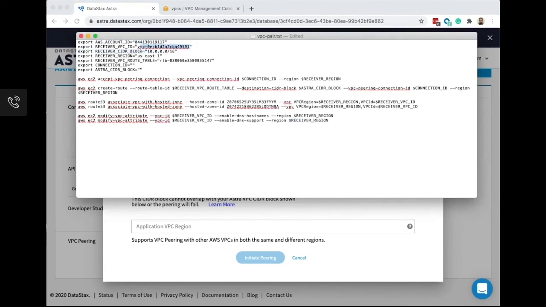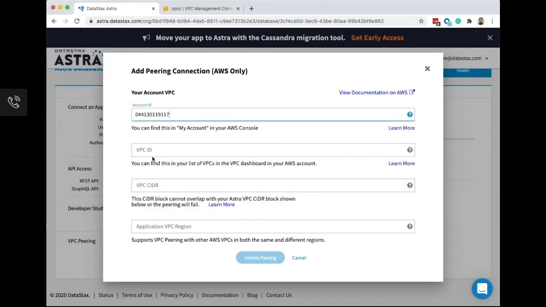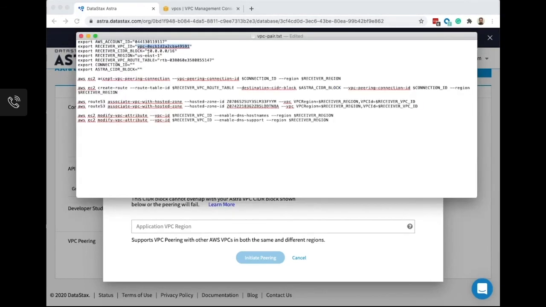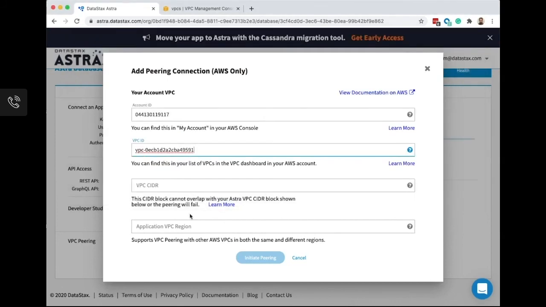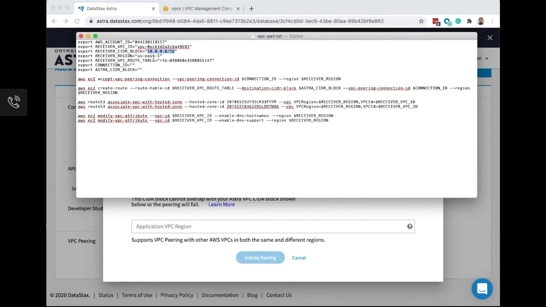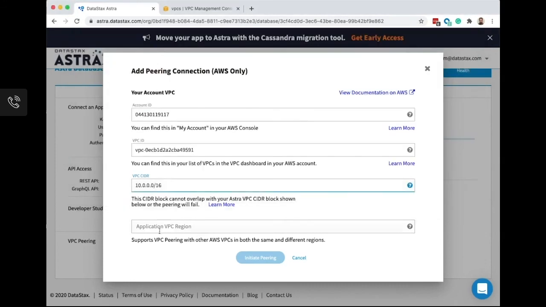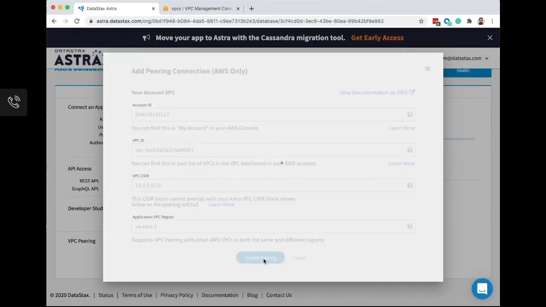The VPC ID. And then CIDR range. And finally, our region, so US East 1. It's key to know you can pretty much put in any VPC region at this point.